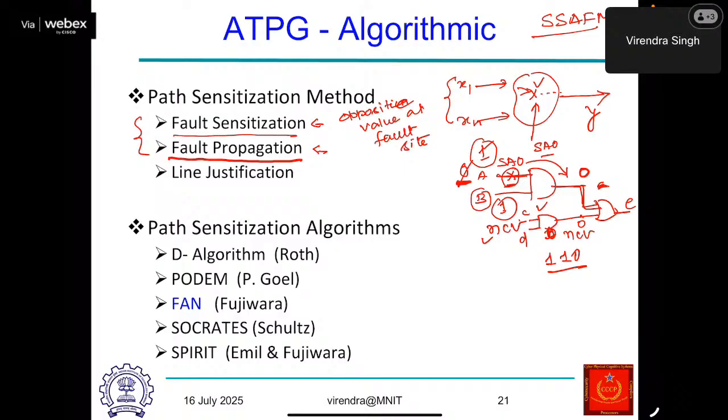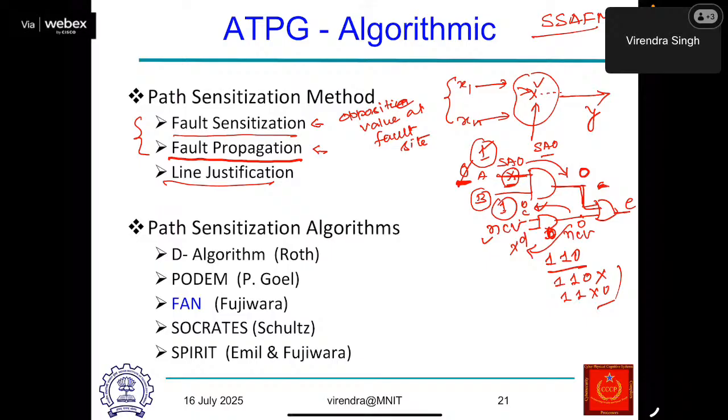That means your primary inputs are at the same level in a given circuit, so you have to go back from here to the primary input, and apply at least one of the values as 0, and the other value can be anything. Therefore my test vector can be 1 1 0 x, or 1 1 x 0, right? Either one is fine. That is called line justification,